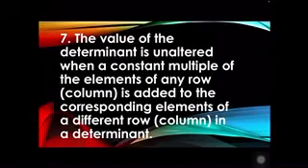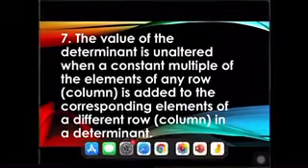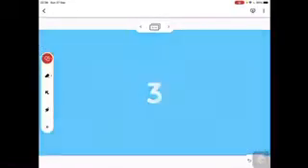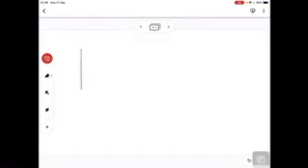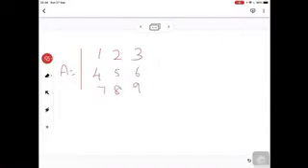Seventh one, the value of the determinant is unaltered when a constant multiple of the elements of any row is added to the corresponding elements of a different row in a determinant. Okay. So, here we have one matrix: 1, 2, 3, 4, 5, 6, 7, 8, 9. If I add the elements with some order, R1 is equal to R1 plus R2, I can write